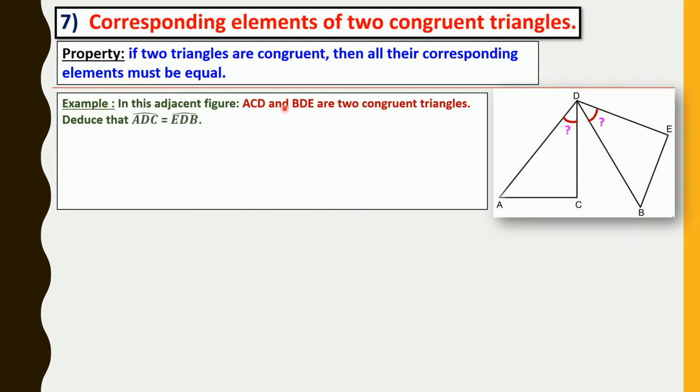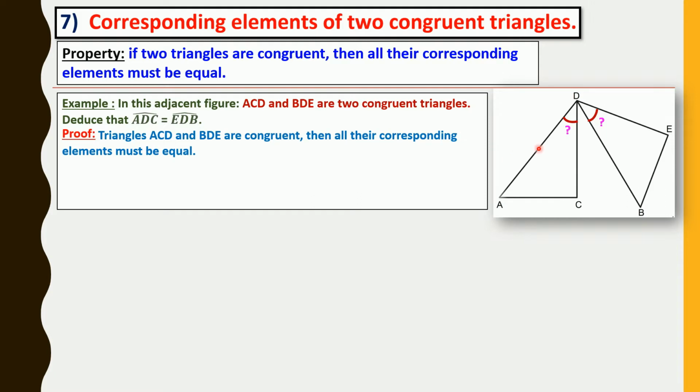Once they gave us the information that these two triangles are congruent, we can claim that all their 6 corresponding sides and angles are equal. But here, since we only need one of them, we only use the fact that these two angles are equal. Proof: